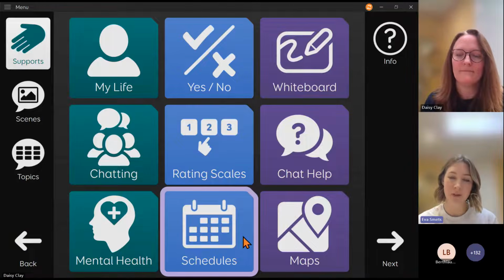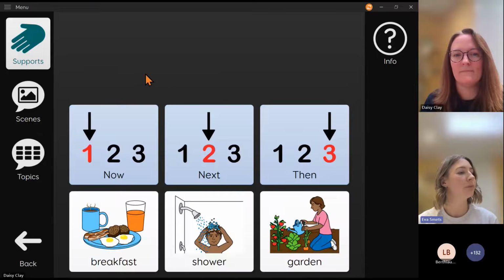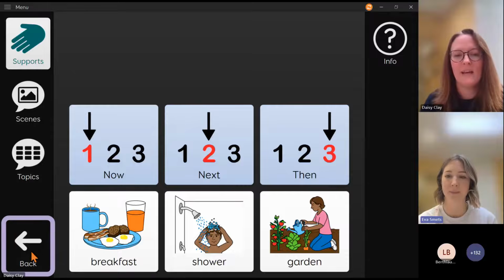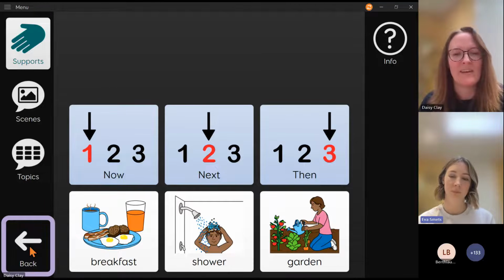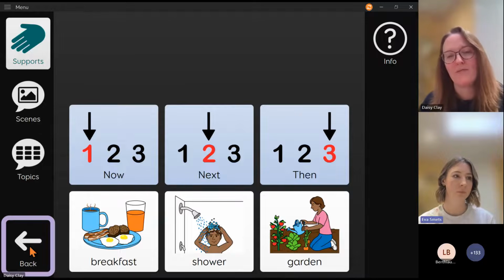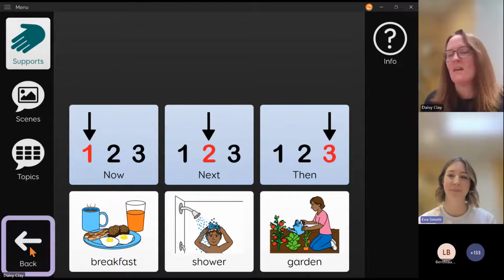We also included some schedules. And these can be really helpful to help somebody plan their day, or just provide reassurance about what's happening. We've got a few different examples, and then also some blank ones that can be further personalised. And this was one of those things that came out of working with clinicians and saying, what are you already using that's helpful? And thinking that if these are already being helpful, then rather than having to have an iPad with Aphasia Duo and all of the loose symbols and paper-based resources, then having it in one place, making it a lot easier at the point of introducing something.